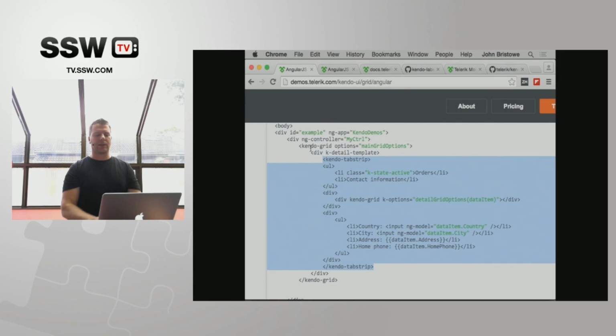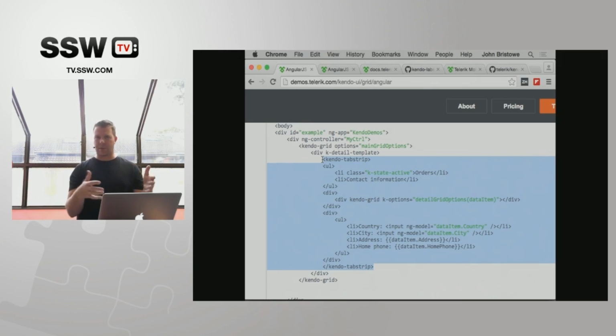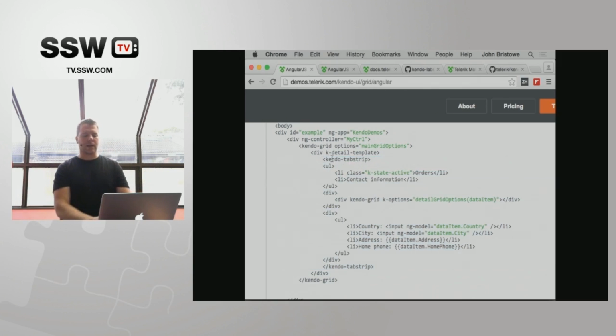So inside of our detail template, which is an aspect of the grid for Kendo UI, we have what's called a detail template. By marking the div element here with this attribute, we can then specify what the template looks like. The template itself is basically what I need to render in order to display this sub element within each row. And inside here we define a tab strip, which is basically broken up into 3 root